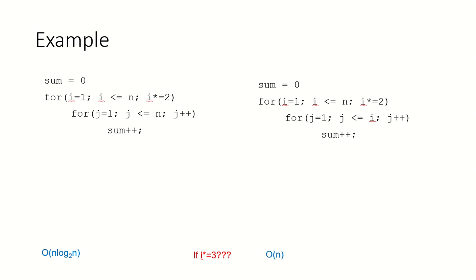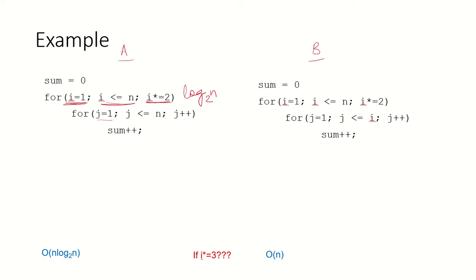Let's take another example. Here we have two algorithms. So this is A and this is B, and we are going to see how the time complexity of both can be computed. In the previous slide, if you see, this is similar to that. I is varying from 1 to n, but it is being multiplied by 2 at all times. So this we know is going to run log n times.